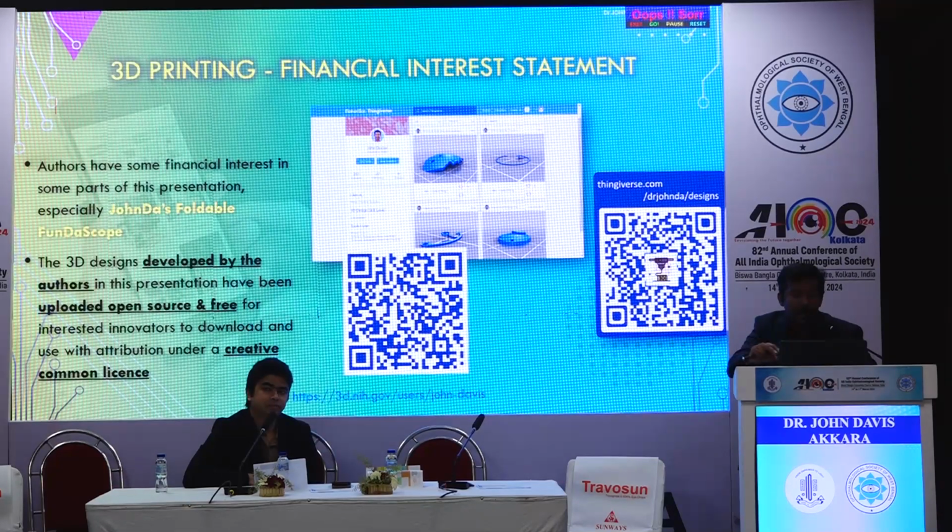Yeah, so we have put up several things in 3D models. I have designed these and put them for free on the NIH website. So if you scan this QR code, you can go to that website. Over here is the National Institute of Health USA's 3D website, and here is Thingiverse. It's a general purpose 3D website. You can download these designs and print them for yourself. You don't have to know anything much about 3D printing. You just need to know how to use Google Maps. Google Maps search